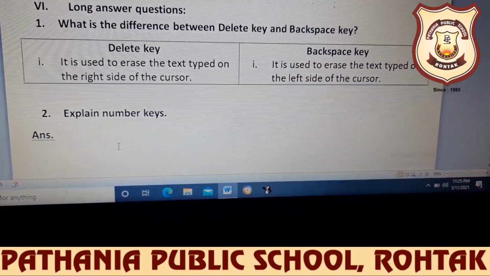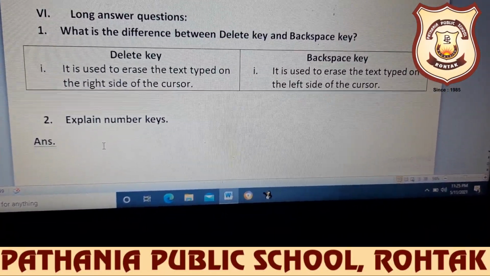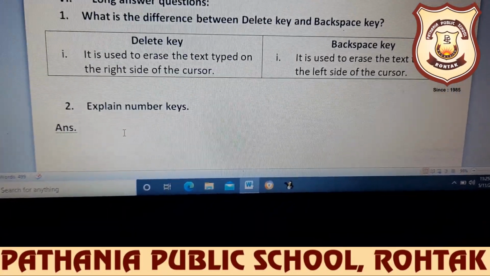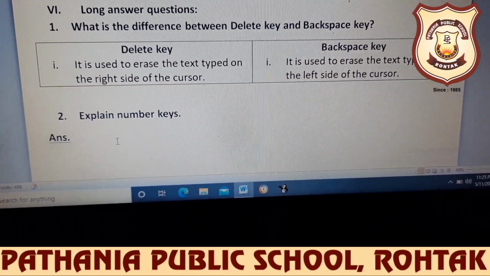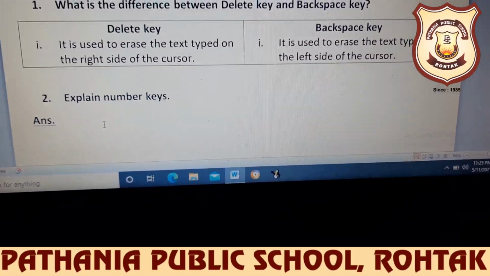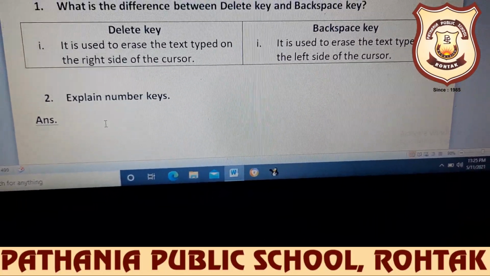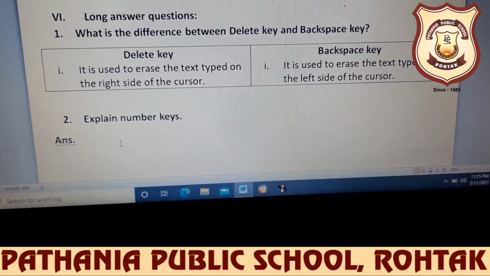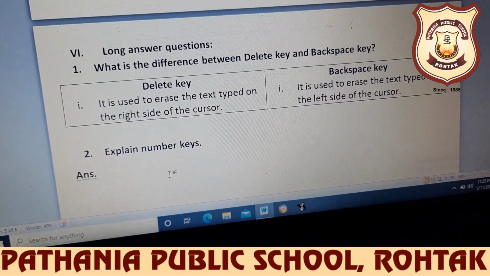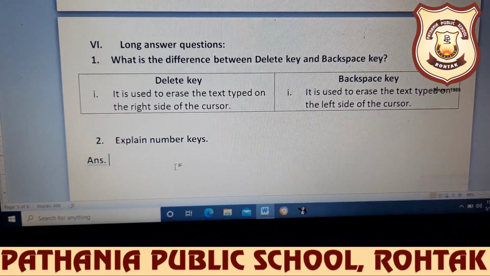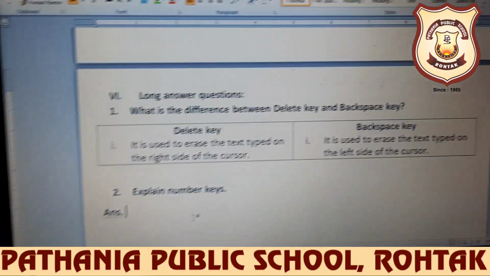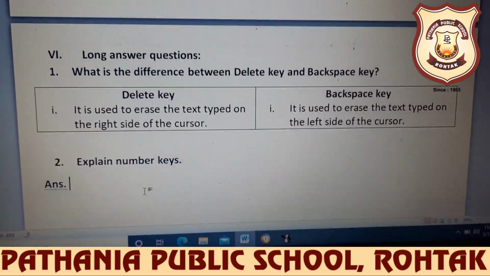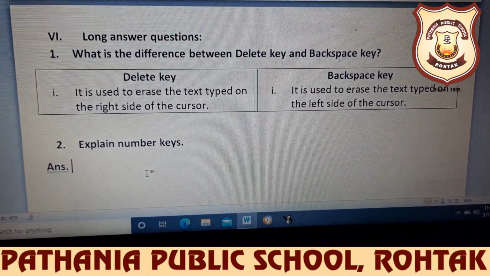Once you finish, leave 1 line and then write the second question, explain number keys. Number keys को हमें explain करना है. Basically number keys are from 0 to 9 and on our keyboard we have 2 sets of number keys.